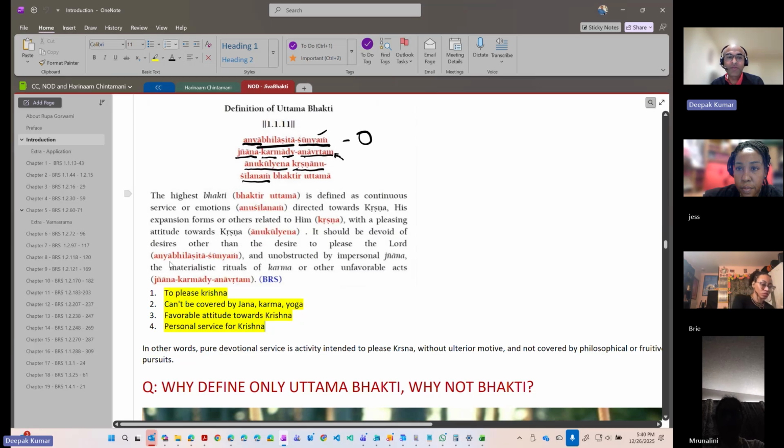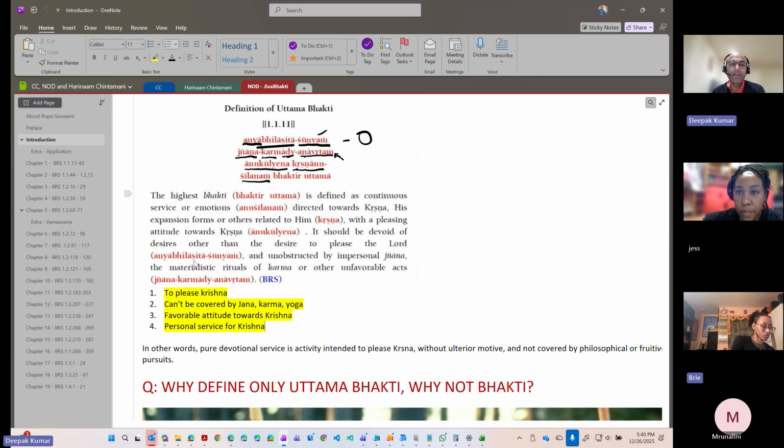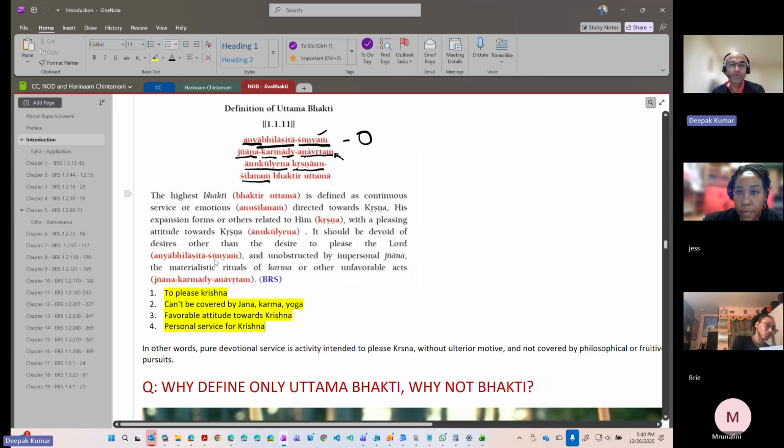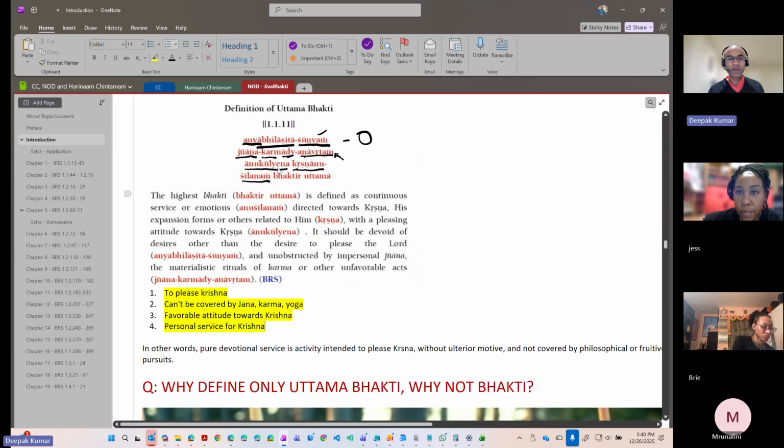So anya abhilashita means no other. Anya means no other. Abhilasha means desire. So there should not be any desire other than to please Krishna. And sunya means zero. So we should have zero desire which is not for pleasing Krishna. Right? So my only desire is to please Krishna, all other desire is zero. So that's what he's saying. Sunya means zero. So that's point number one. Anyābhilāṣitā-śūnyaṁ. And then he says